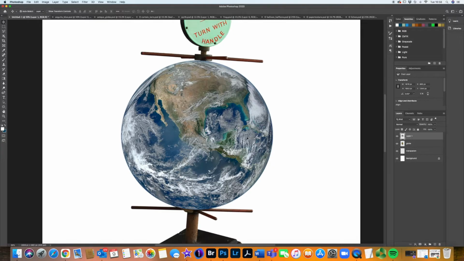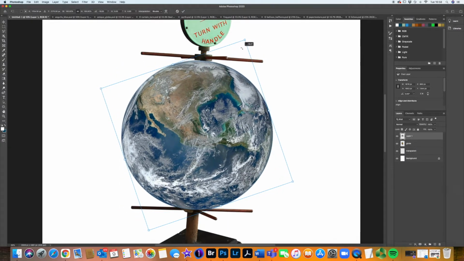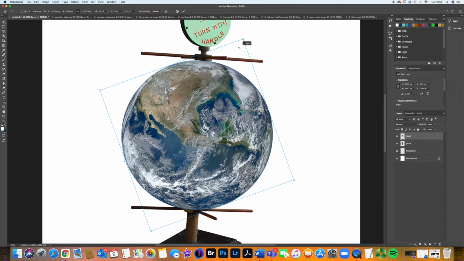Now I want to rotate the globe a little bit, I think. So if I Command T again and just spin it round its axis, that's more like it. There we go. And don't forget, as I have done, to give that layer a name. Also, it's a good idea to